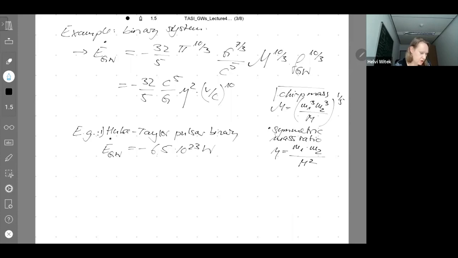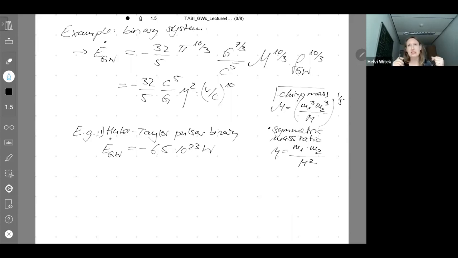Okay, good. So that's it. So we have now discussed losses of a binary system in terms of gravitational wave energy. What I haven't told you is that likewise gravitational waves carry angular momentum. So your system will also lose angular momentum such that in the end of the day, you have two effects. First of all, the size of your orbit shrinks. So this is what we have already seen and verified with this first observation of the Hulse-Taylor pulsar, but it